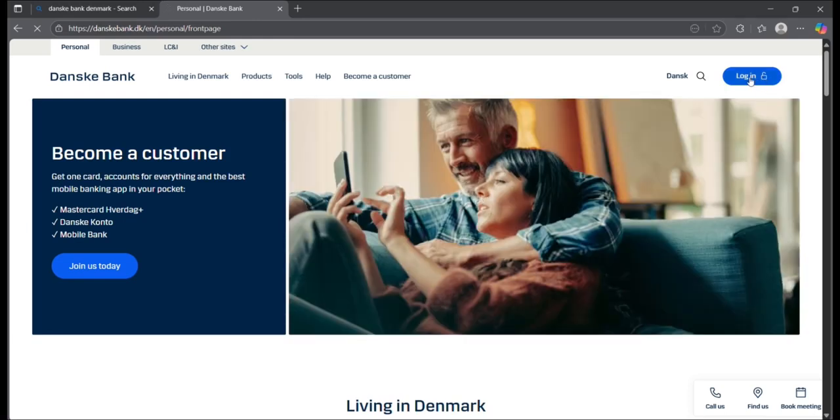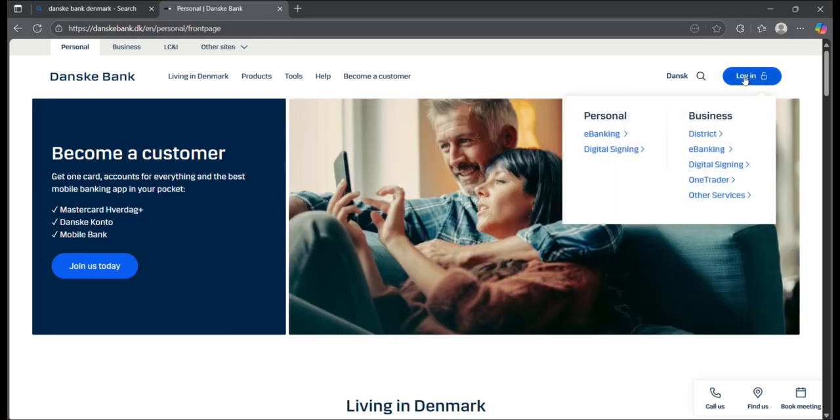So simply click that. And once you do, you then get a list of options like personal e-banking, digital sign-in, business, district e-banking, one trader, and a few other services. For this video, we're going to go with personal e-banking, since that's what most personal account holders will use